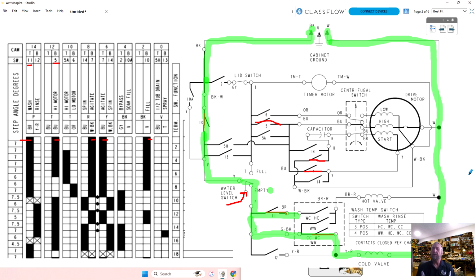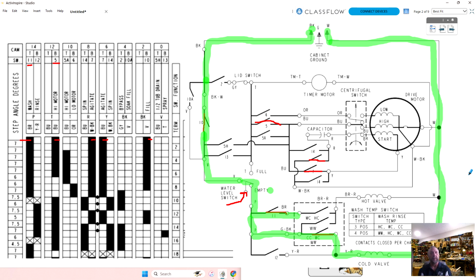Is my timer running? No, not yet. Does anybody know why the timer's not running? I mean, we would assume that if you had a timer and you turn the machine on, we'd want the timer to run so it completes the cycle. Does anybody know why we don't run the timer right now? Is it because it hasn't met the time yet, like the increment? It's not the increment. We're already in the increment, and we've already pulled the timer knob out to start the washer, and water started coming in immediately.